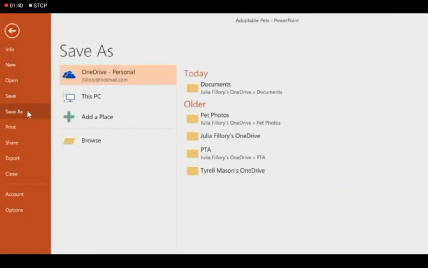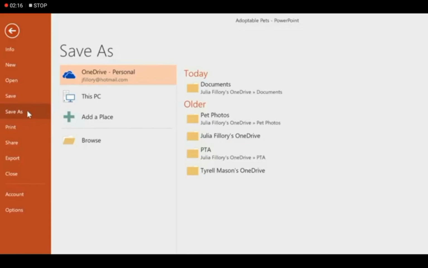After clicking on the File tab, it is showing the Save As option. The Save As option is basically used for saving your presentation with any other name. You can make a duplicate copy of a presentation by using the Save As option. After clicking on Save As, you have to save it just like we saved before.